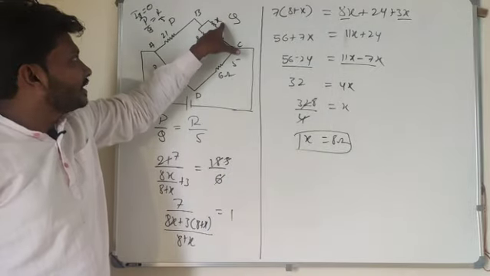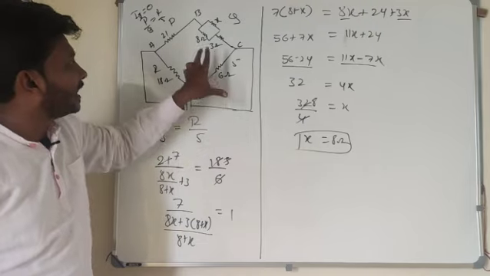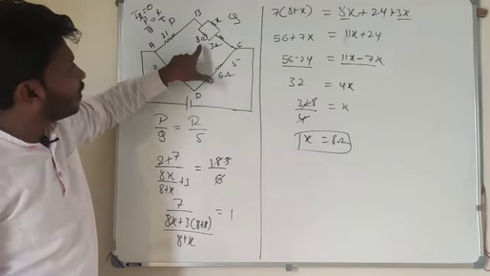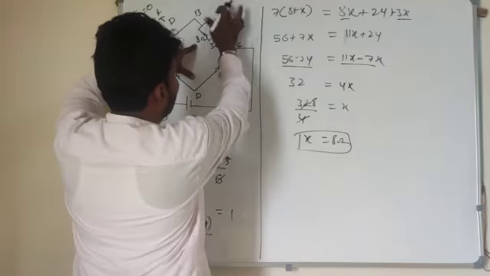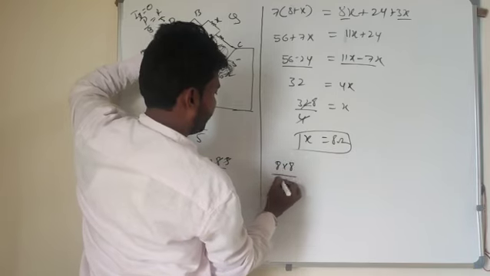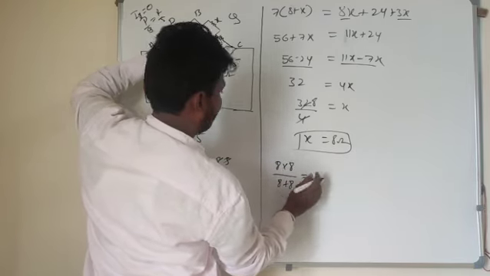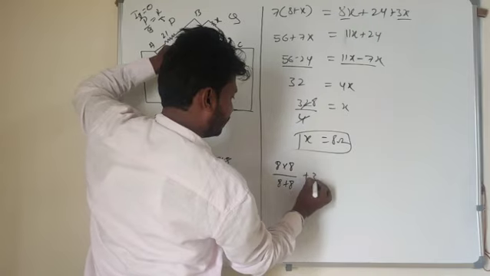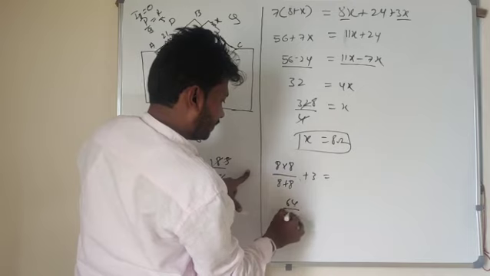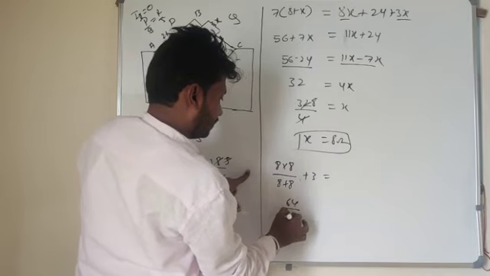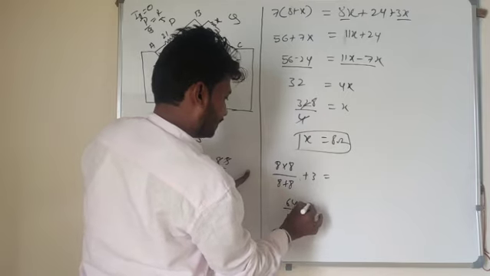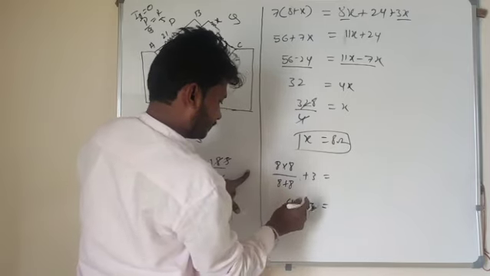If this one is 8 ohm, then the bridge will get balanced here. So for example, look at here. Here 6 ohm is there. Here that entire combination will also get that 6 ohm only. 8 into 8 divided by 8 plus 8, plus 3. It is equal to how much I have to calculate? 64 divided by 16 plus 3 here. It is equal to